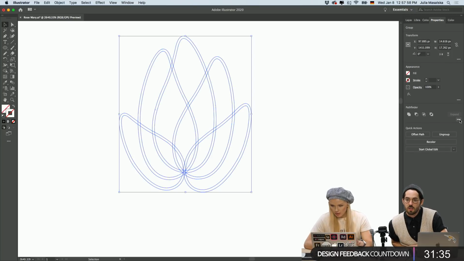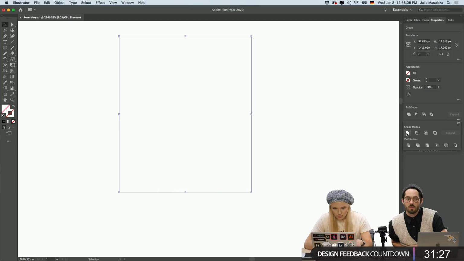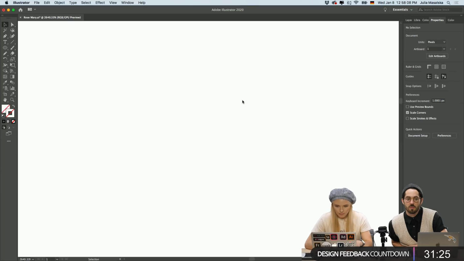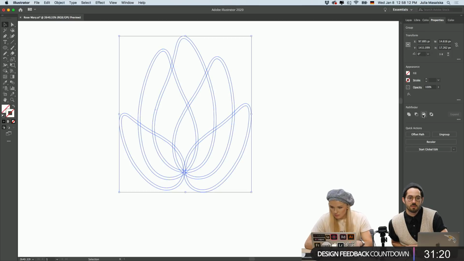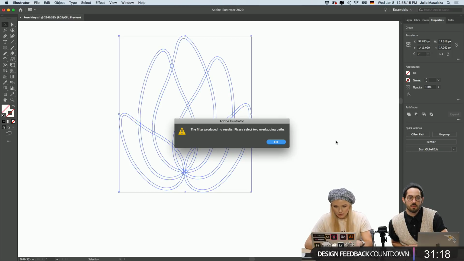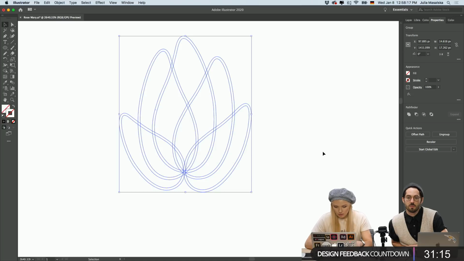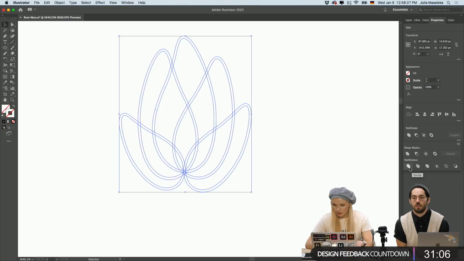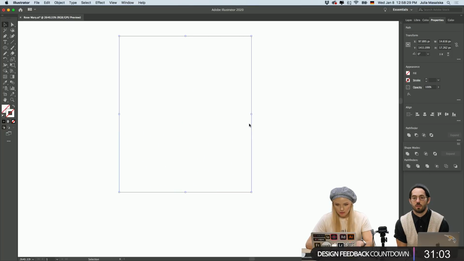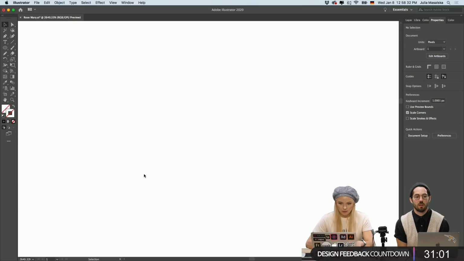Okay, so I have this shape right now, but the lines are not connected to shapes. So what we can do is, let's see if this worked. Oh no, this is creating weird shapes right now. Compound shape. Okay, maybe I have to ungroup them. Stanley says merge maybe, and then Eric says far left. I think we tried that. This one, divide. Yeah, I think we tried that one.